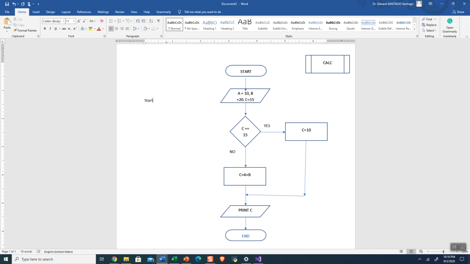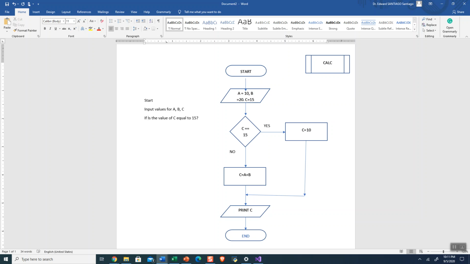I'll say start, and I'll say input values for A, B, and C. Okay, is the value of C equal to 15? Okay, so that's the question. Yes. Right? Or you could say